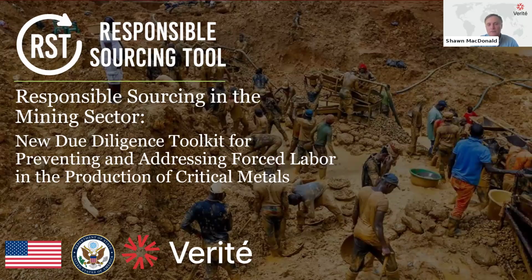We at Verite are particularly proud of all the open source resources we've been able to create and share since 2013 through a very close partnership we've enjoyed with the U.S. Department of State's Office to Monitor and Combat Trafficking in Persons. The Responsible Sourcing Tool, which we call RST, represents the most sophisticated set of resources anywhere for fighting human trafficking in supply chains. They enable companies of all kinds, including federal contractors, to better prevent, identify, and address human trafficking in their global supply chains, and most importantly, to develop effective risk management systems.